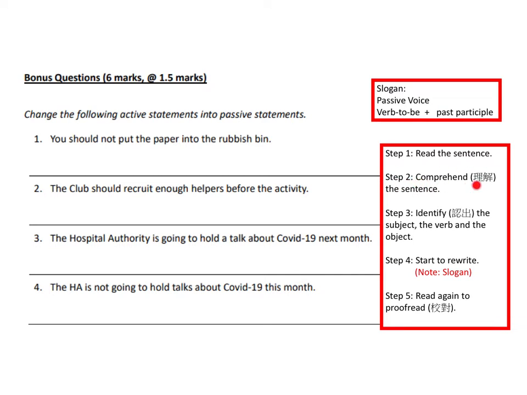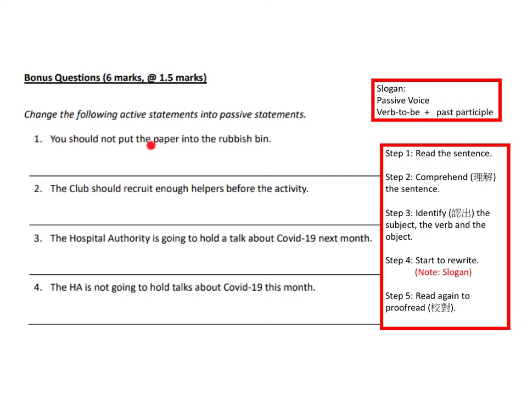Step 2 Comprehend the sentence. 理解嗰句句子。Step 3 Identify the subject, the verb and the object. 揾出個 subject 主語、verb 動詞同埋 object 賓語。Step 4 Start to rewrite. 跟住就寫得㗎啦。仍然要留意喺改寫嘅過程裏邊,寫到動詞嗰 part 一定要記返 verb to be 再加 past participle。Step 5 Read again to proofread。最尾讀多次去確保冇 stupid mistakes。